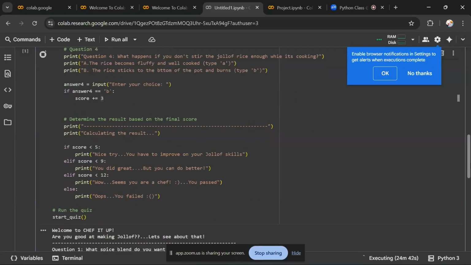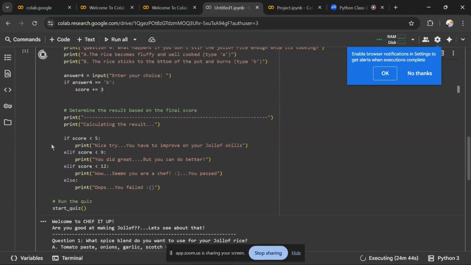And so at the end, if the score is less than 5, it will print "Nice try. You have to improve on your jollof skills." If it's less than 9, this string is also going to show. If the score is less than 12, this string will show. If the score is none of these, then you get the string which says,